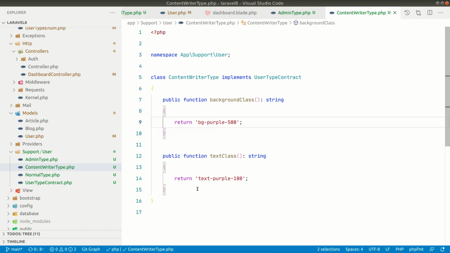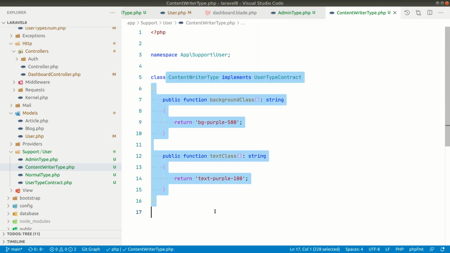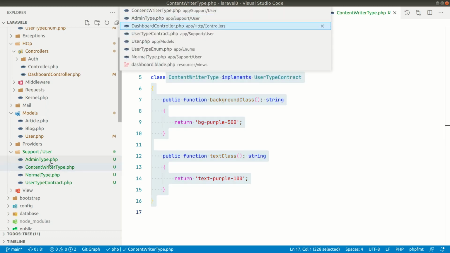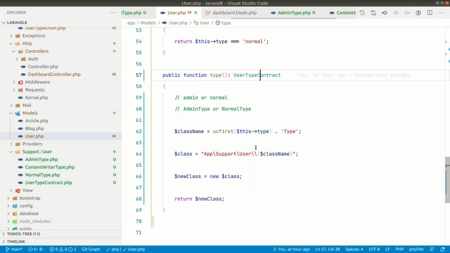So guys, by doing this you are also following SOLID principles, the single responsibility principle. Each type has its own responsibility, so they are all in their own classes. And also the O from the SOLID principles, the open closed principle, which means that if you go here in the user class, you don't have to modify anything in this user type. If there is any other type, you just create a new class, and everything else will just work as it is.